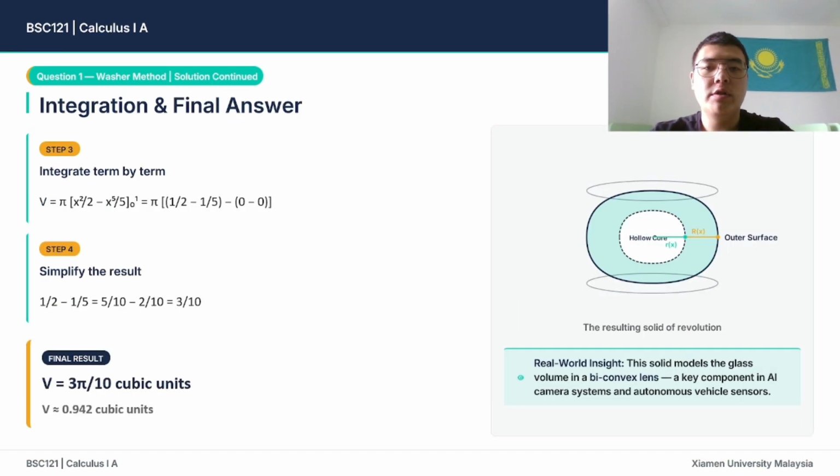In step 3, we integrate term by term. The integral of x is x squared over 2 and the integral of x to the 4th is x to the 5th over 5. We evaluate this from 0 to 1. This gives us pi times (1 half minus 1 fifth) minus 0. In step 4, we simplify the result, and 1 half minus 1 fifth equals 3 tenths, so our final answer is V equals 3 pi over 10 cubic units, which is approximately